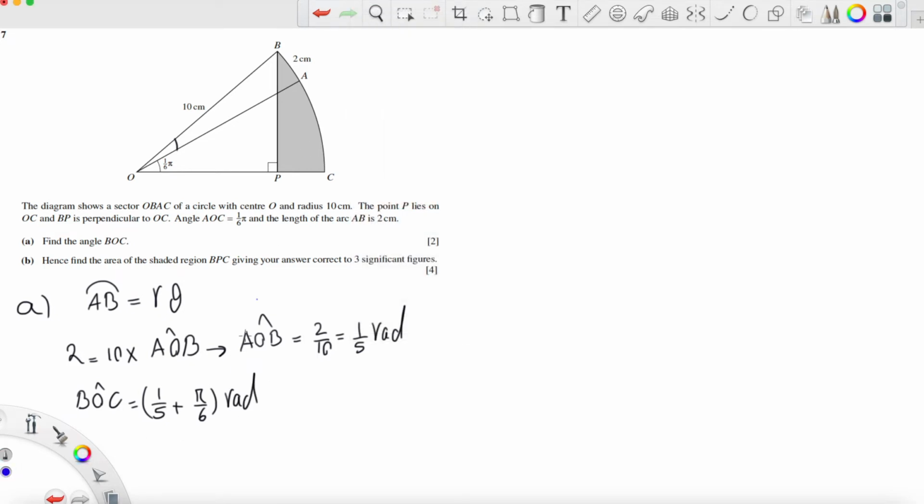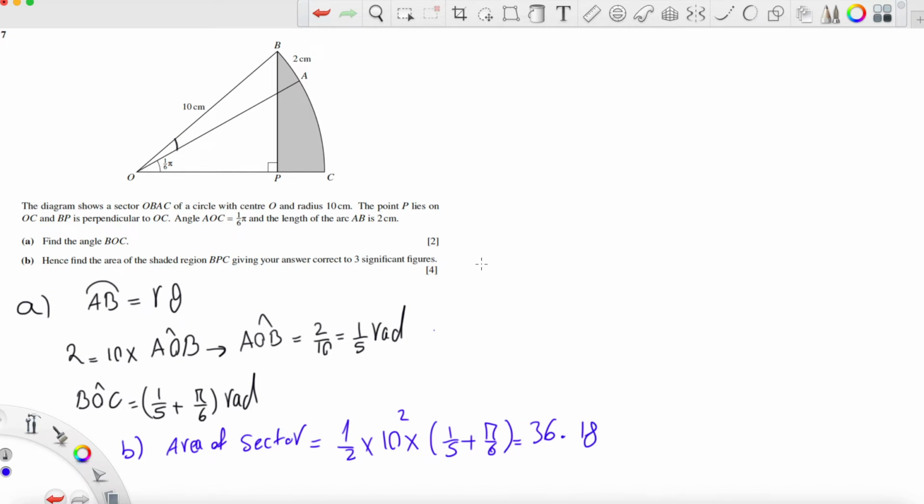Now for part B, in order to find the area of this shaded region, we need to find the area of the sector first. Then I will deduct the area of this triangle from the sector. It will give you the area of the shaded region. So I first find the area of the sector. It will be half of r squared theta, half of 10 squared multiplied by the included angle, which is 1 over 5 plus pi over 6, giving you an answer of